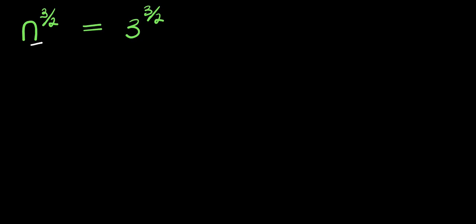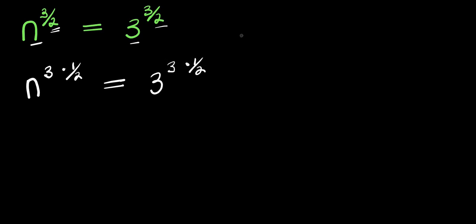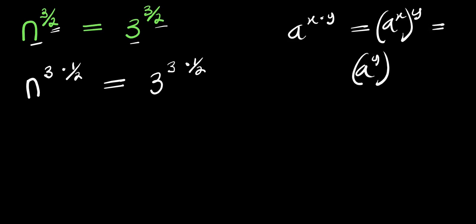Hello, how to solve n to the power of 3 over 2 equals 3 to the power of 3 over 2, solving for all values of n that satisfy this equation. Now, this exponent, I can have it as n power 3 times 1 over 2, and this equals 3 power 3 times 1 over 2. Now, if you have a power x times y, this equals a power x to the power of y, and also equals a power y to the power of